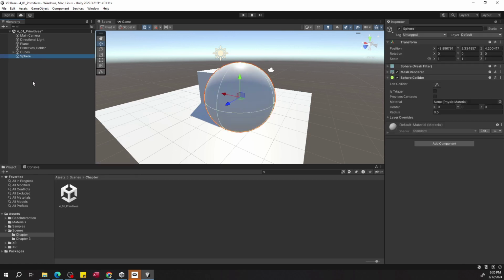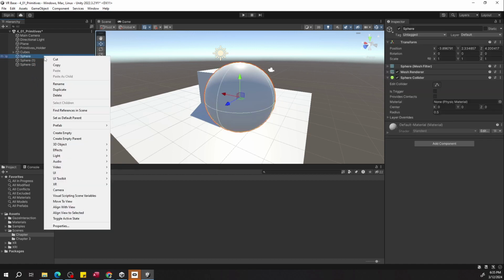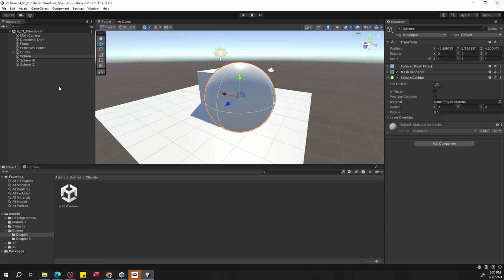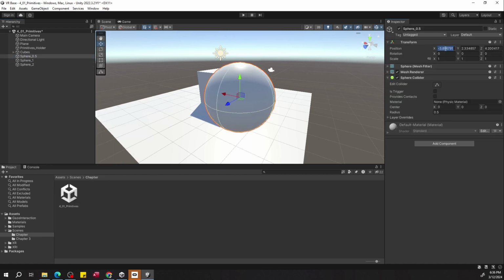And I'm going to Control-D duplicate it twice to have two other sphere game objects. And just as I did with the cubes, I'm going to rename it as sphere underscore 0.5 for the first one, sphere underscore 1, and sphere underscore 2, so that each of these will have size half, 1, and 2. And just as I did with the cube, I'm going to set their position to the center, scale as their name, and raise it in the Y direction for their position by 1/2 of that to have it sitting above